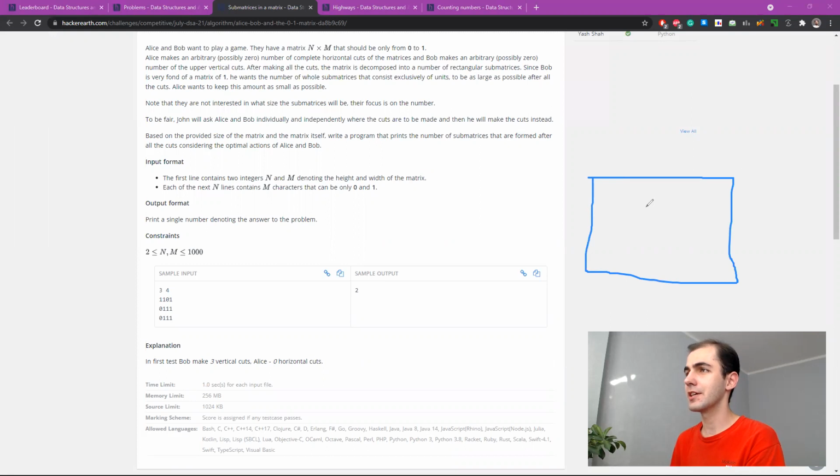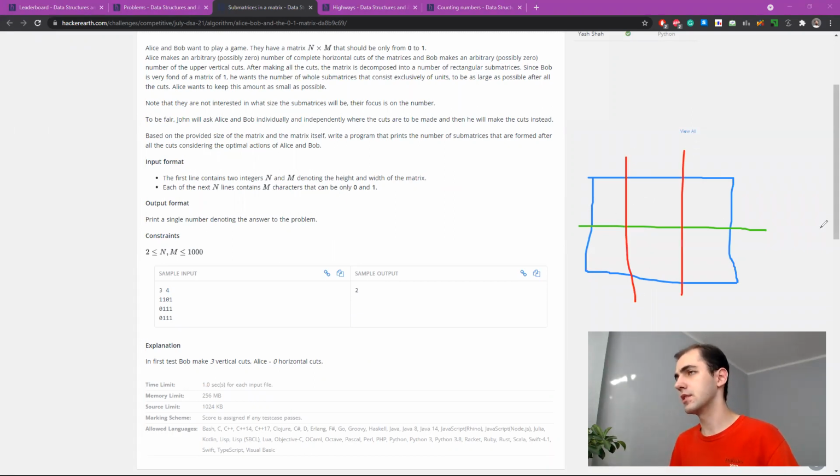You see, imagine that Alice decides whether she wants to cut like this. So what she should do is the following: she will take all cuts that Bob can possibly make, and she will compare this version against this version. And if I'm honest, this green cut only helps Bob.